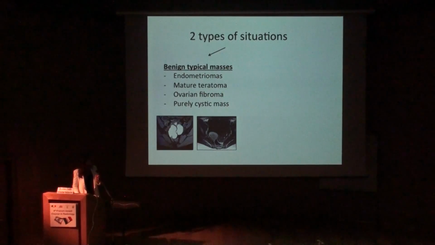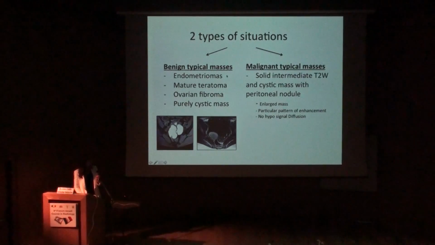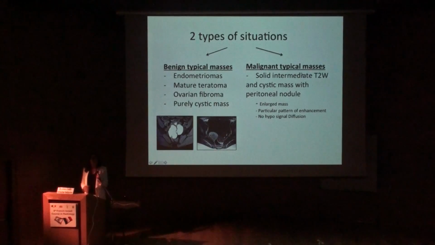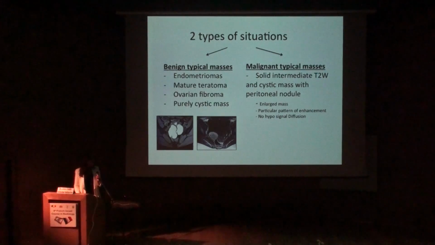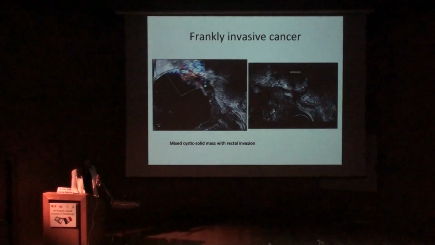The second mission is to characterize the adnexal mass, and you have two main presentations. First, the mass is classical, and you characterize the components of the mass with MRI. Here you have blood content or fat content, and it's not a malignant mass. And you have the other situation where the mass is mixed. You have a solid component and a liquid component, for example. It is an enlarged mass, and it will be important to study the pattern of enhancement.